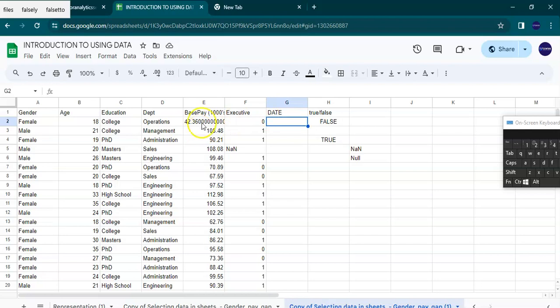So the base pay is an example, and the date that I used over here is an example of a continuous variable, or continuous quantitative data, because they are infinite. And we spoke of NaN, not a number. Not a number is classified as quantitative data, because if it is inside your quantitative data, it still gives you the